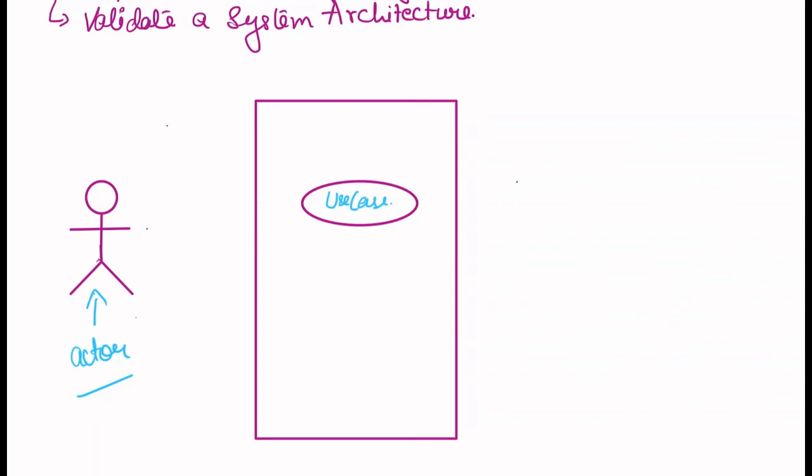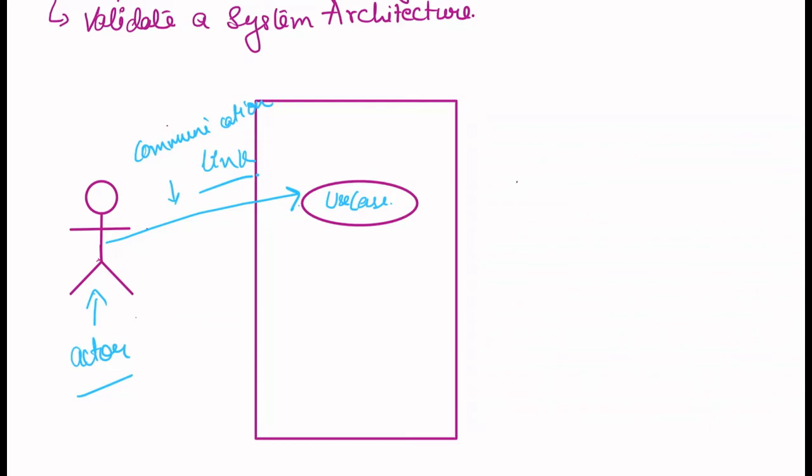So how is the communication link? The communication link is like this. This is called the communication link. Connecting the actor to a use case by a solid link is called a communication link. Okay? Actors can be connected to use cases with associations as well, or by using some other messages as well, right?